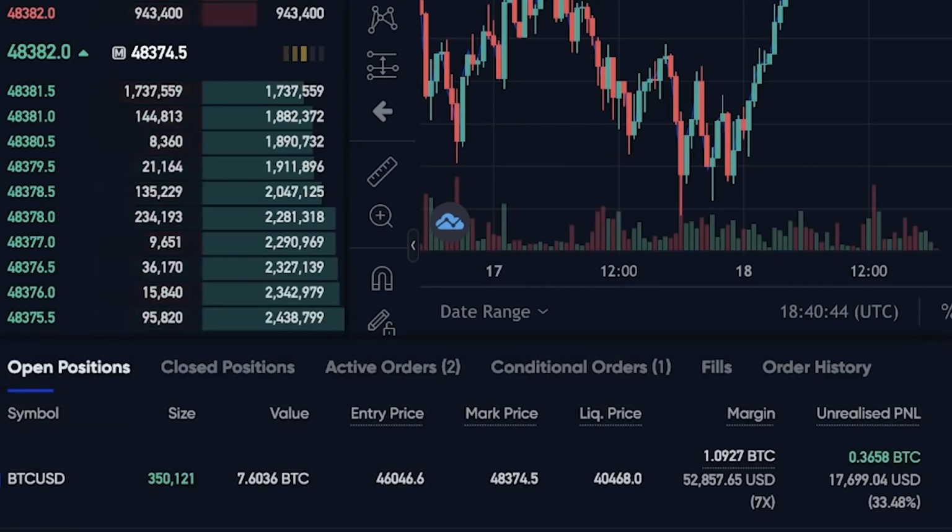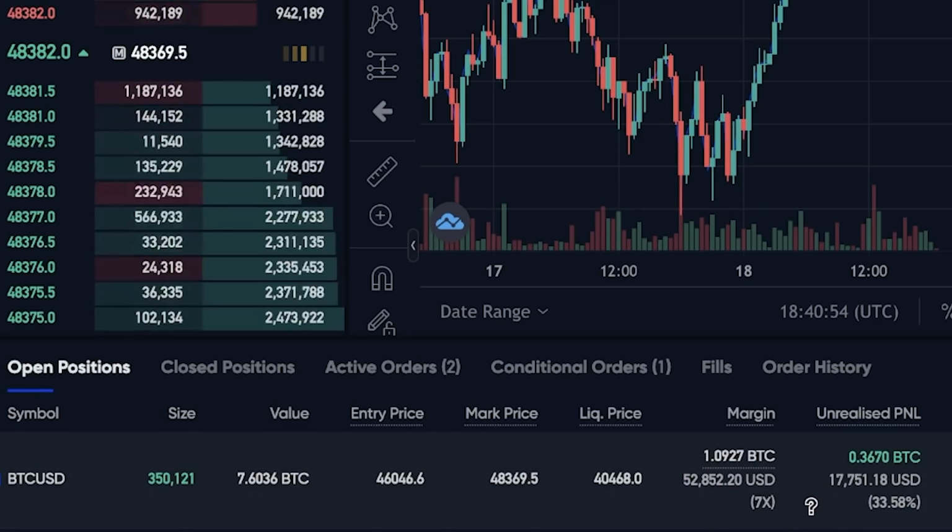Let's have also a quick look at my trade here on Phemex. My trade is right now 33% in profit, $17,700 approximately,